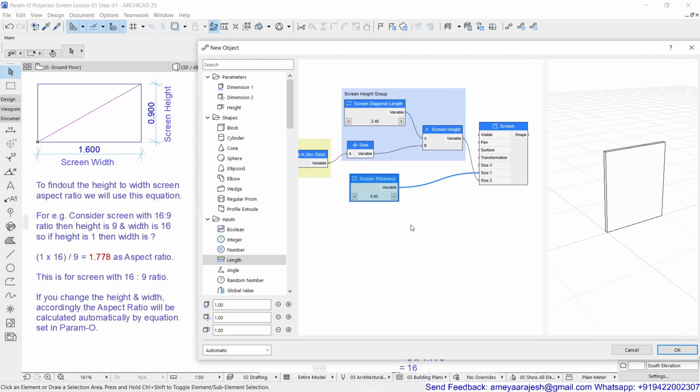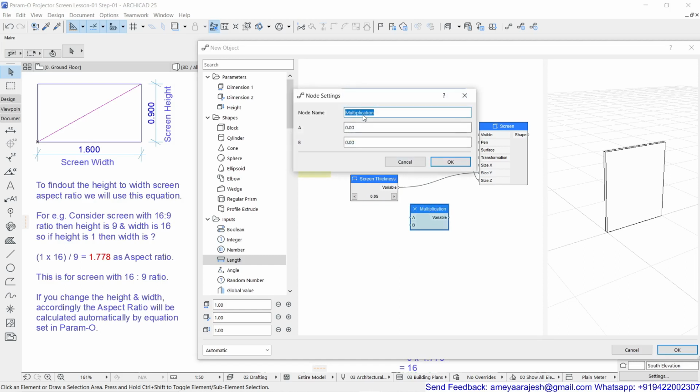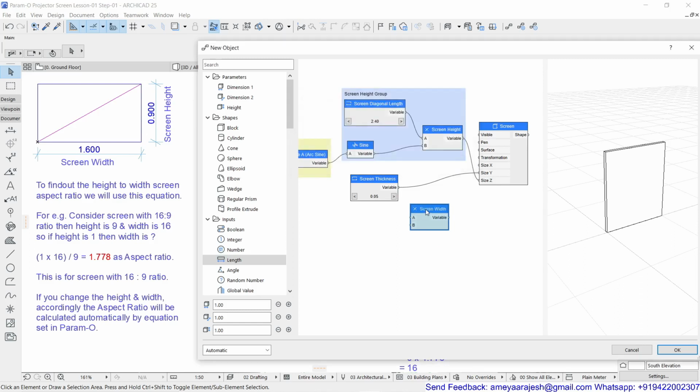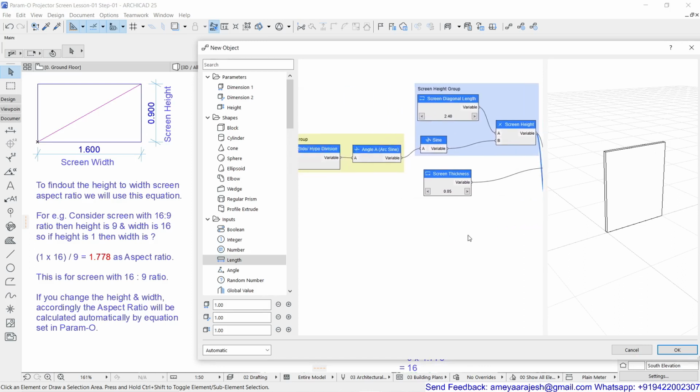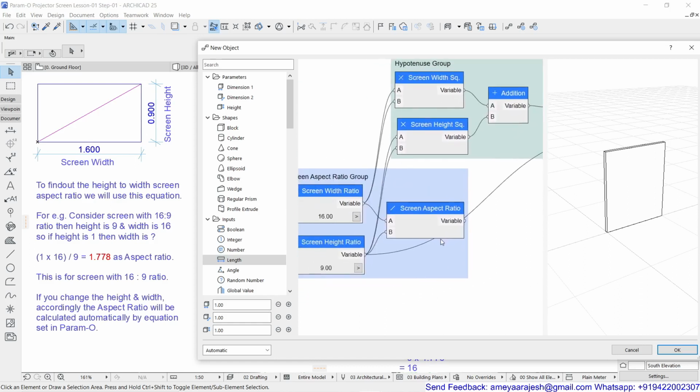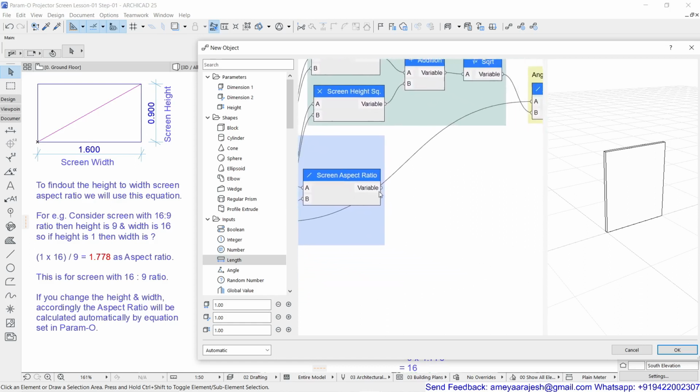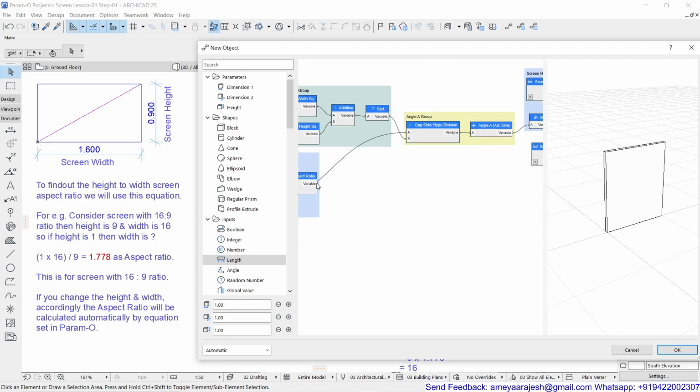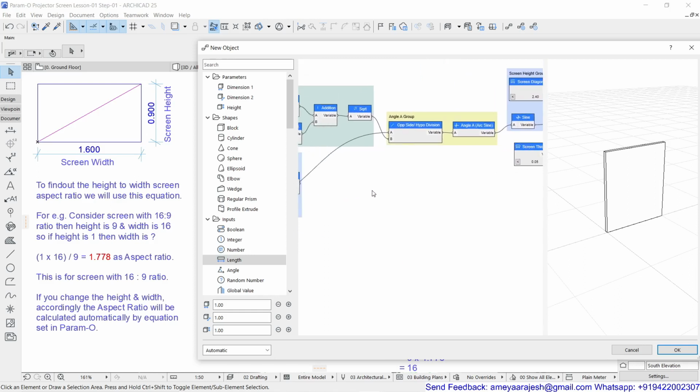So what we are going to do is double click over here and say multiply, that is multiplication, and this multiplication is to define the screen width, correct? So the screen width will get defined with the help of height and aspect ratio. If you check, this aspect ratio is still not utilized. So I'm just going to use this, from here to here.